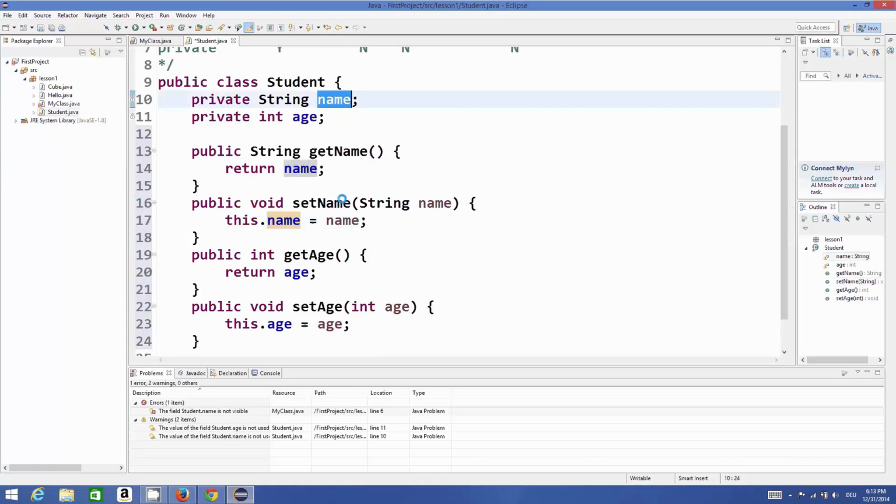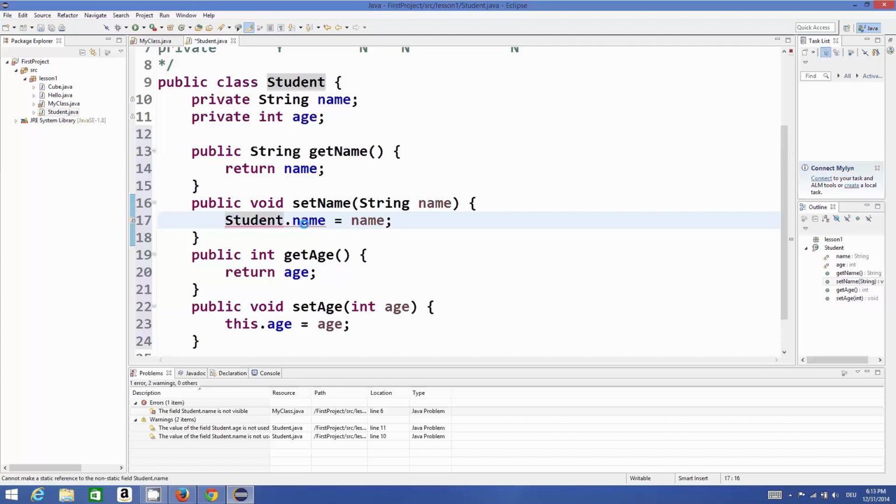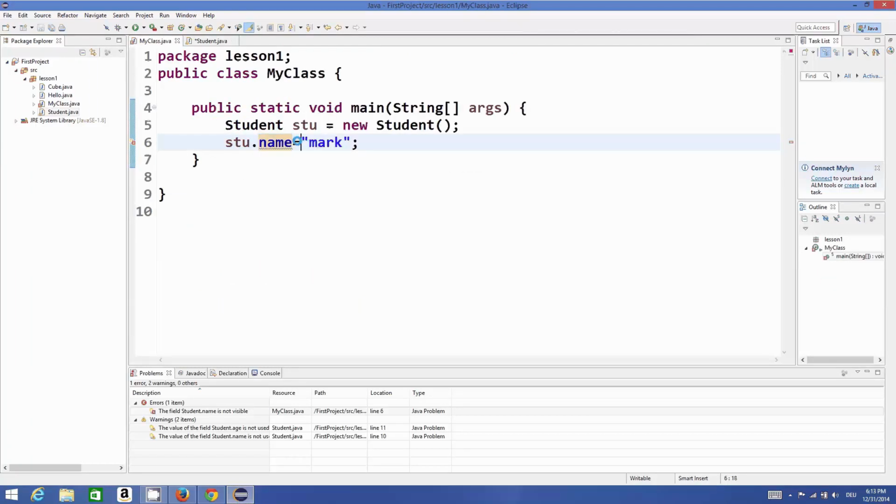So this is what this means. This means the class itself, student.name. Indirectly you can say, instead of this you can just imagine it like student.name. But the this keyword indicates the class itself. And now if you want to set the name, instead of directly setting the name, you can just write